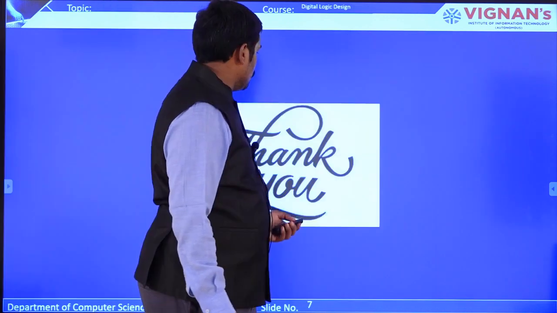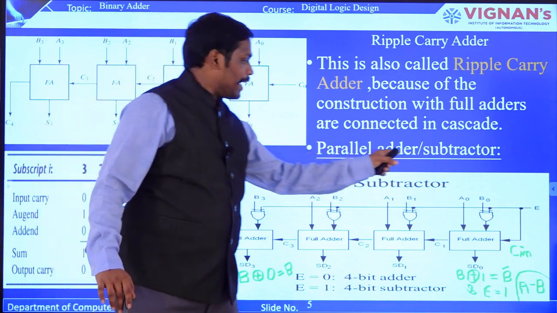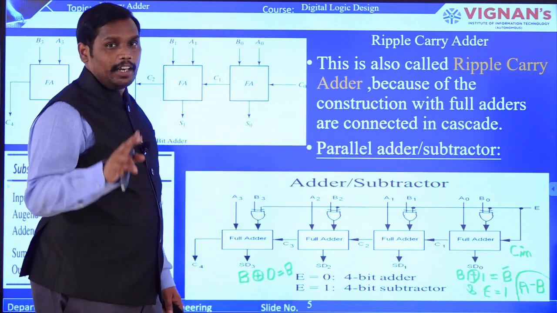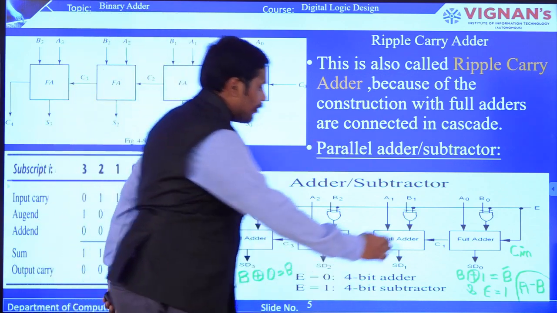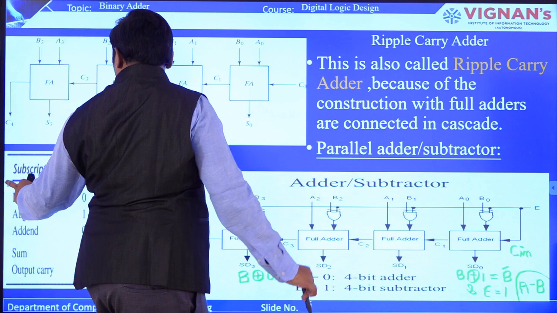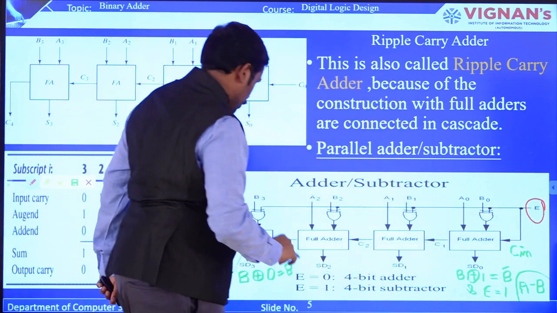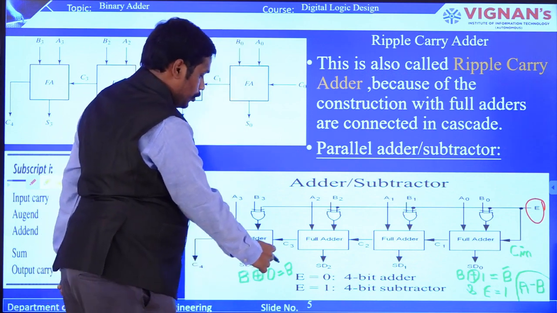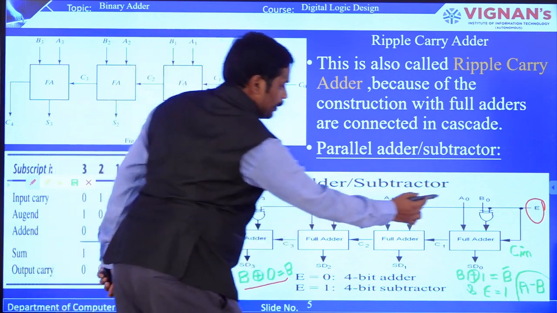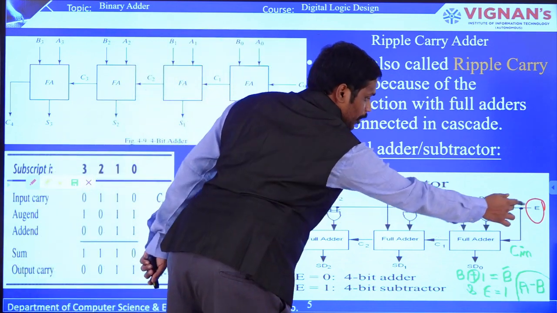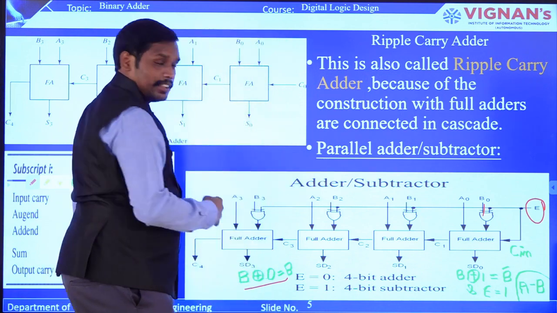And now the last part here is what we call the parallel adder or parallel subtractor. You can have an addition operation as well as a subtraction operation with this parallel adder or subtractor. You will have an enable pin here. If the enable pin is equal to 0, it is going to act as an adder, right? Here you can see B exclusive OR with 0, which means B naught is having an exclusive OR with the enable pin, and if it is 0, then it acts as an adder, which means it is considered to be full adders.